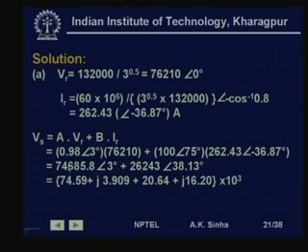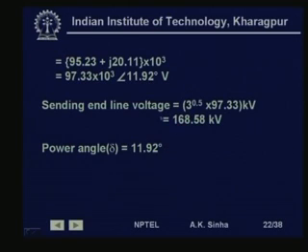So, here instead of writing the thousands, we have taken this 1000 here. When we do this calculation, this comes out to be 95.23 plus j 20.11 into 10 to the power 3, that is equal to 97.33 into 10 to the power 3